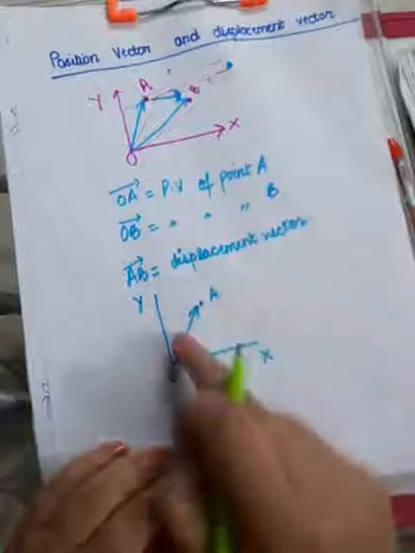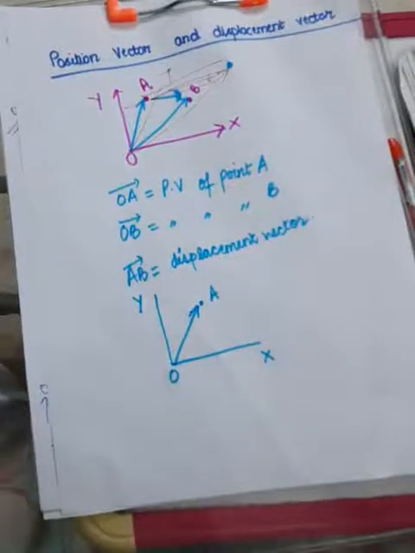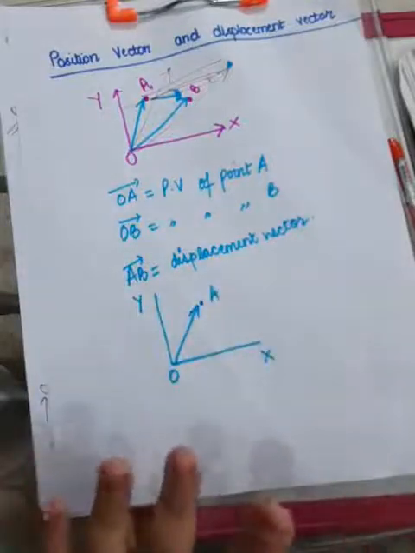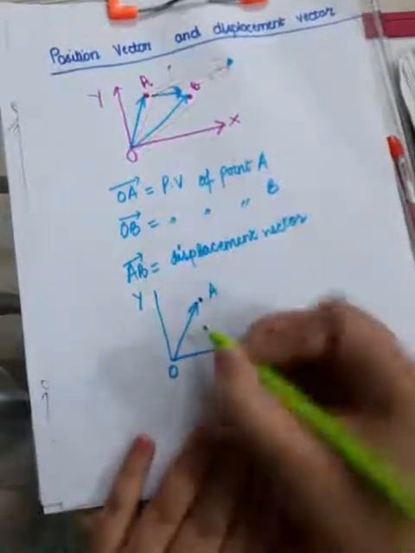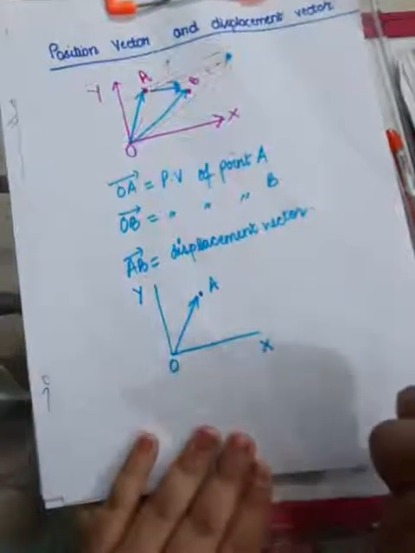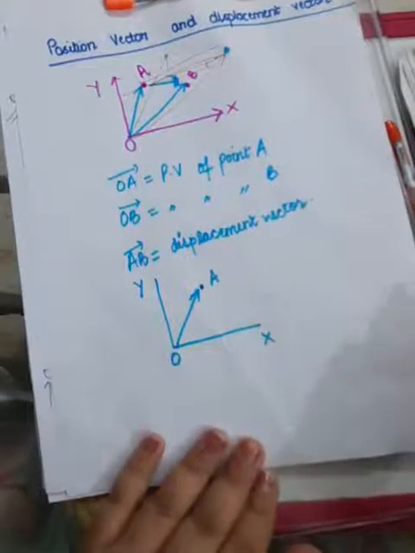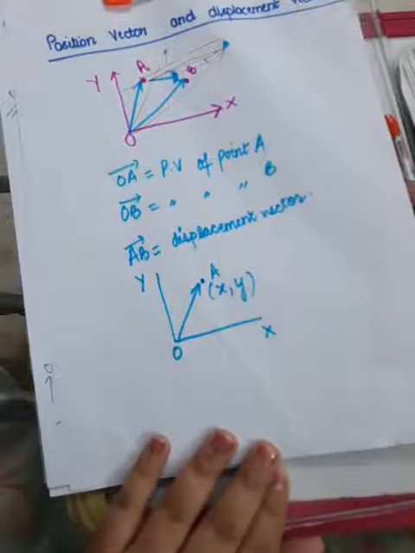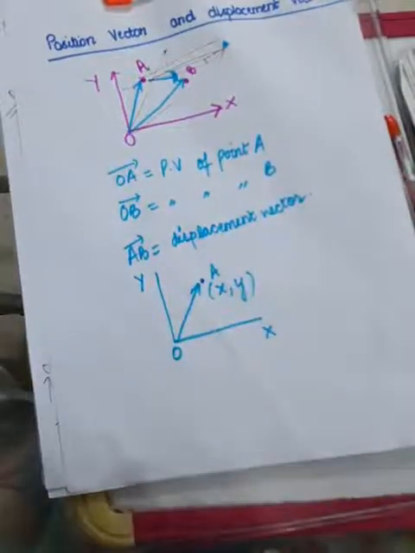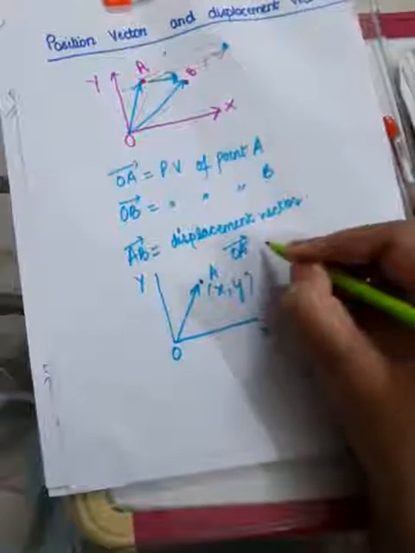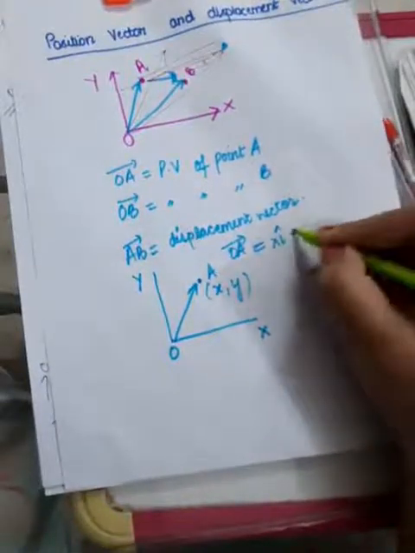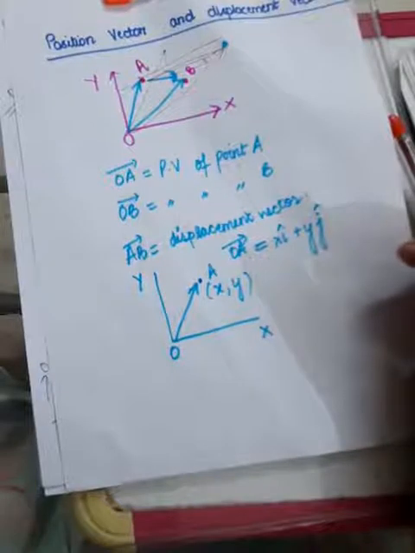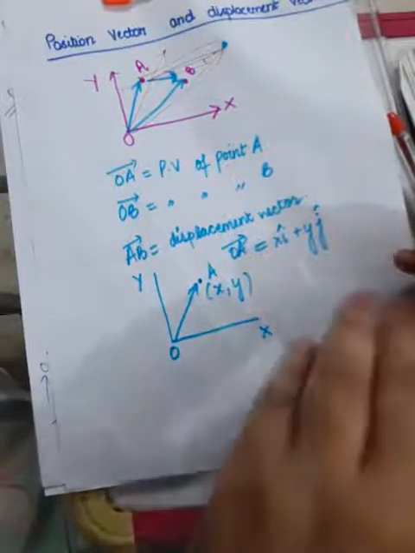One more thing, since the object is lying on a plane, it can also lie in space, in 3 dimensions, but under consideration is a 2-dimensional plane right now. So this point A must have a value of abscissa and ordinate. So this has (x, y) as the point. Now you know what will be the value of this position vector? It will be OA vector equals x i cap plus y j cap. Yes, so this is the value of the position vector.